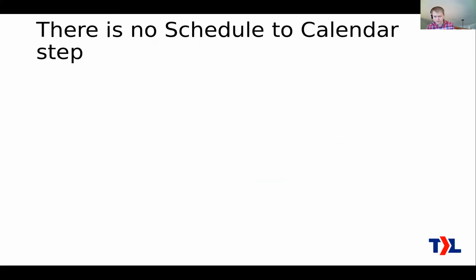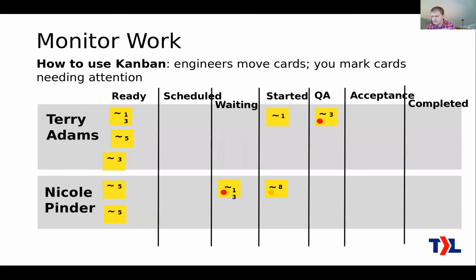Let's go back so I can show you that better. Obviously they're not going to look at completed, but they'll look for work from the acceptance column, if there is any, in this example. If there's nothing there, they look for QA. And okay, there's something here in the QA column. So that would be Terry's first priority.